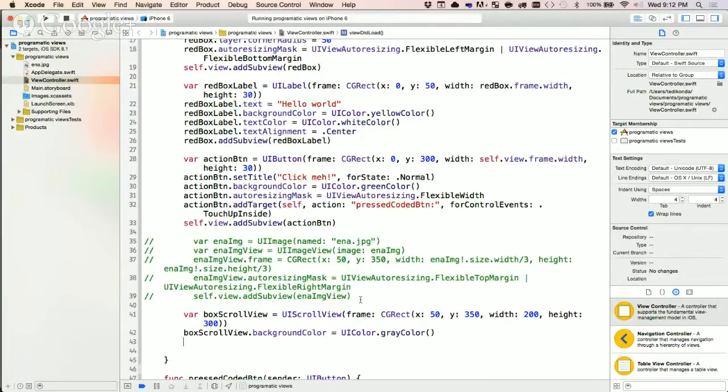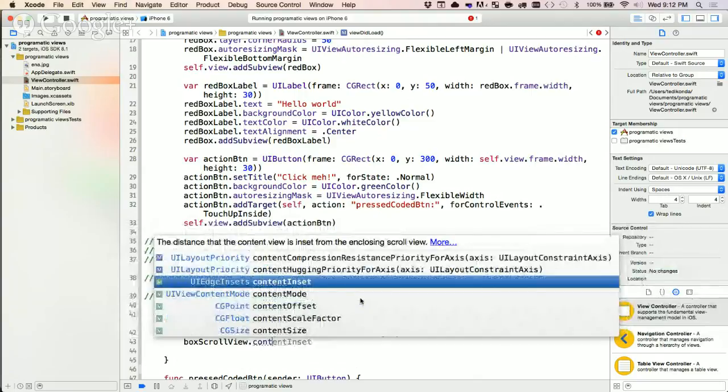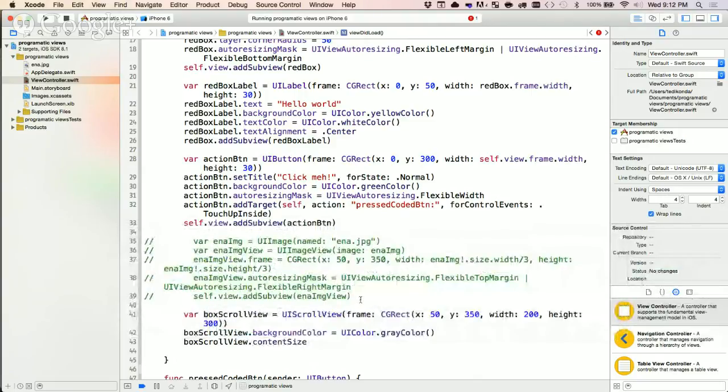Now, there's an additional property we have to set for our scroll view. We have our frame, and bounds change by default. So what's the last thing we need to set for it? Content size. So I do box scroll view dot content size equals